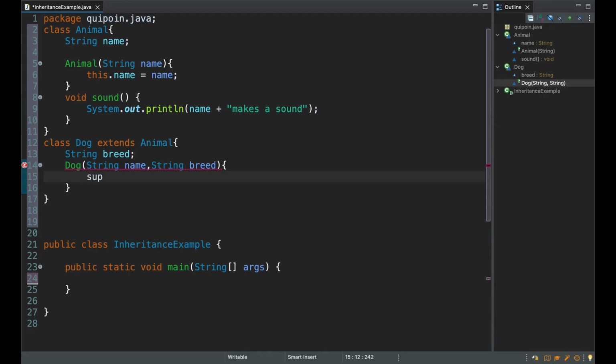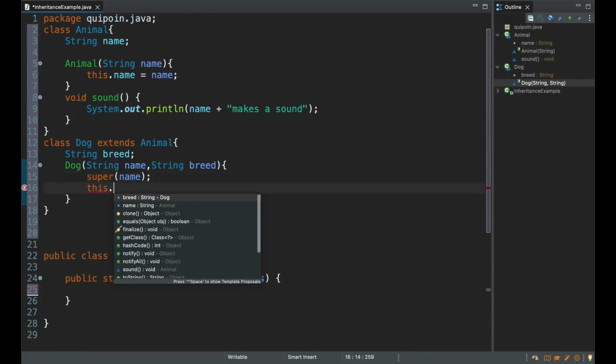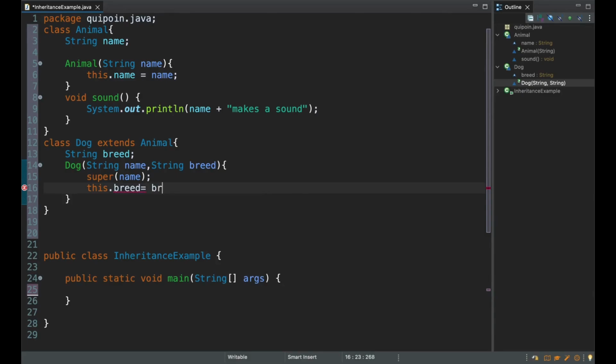So we will write super(name); and then this.breed = breed;